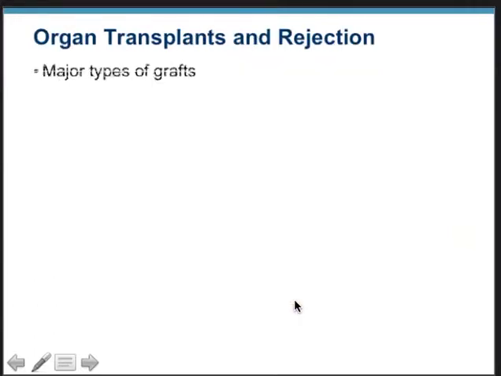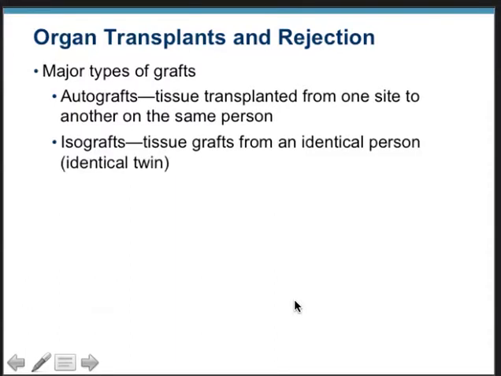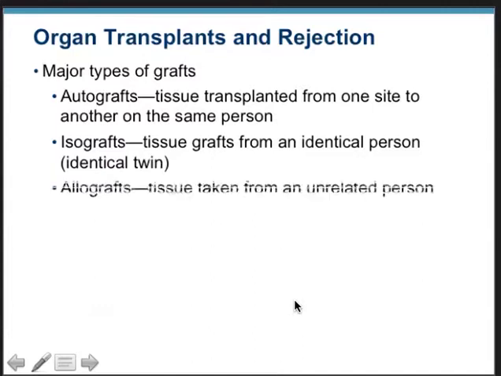Now let's talk a little bit about organ transplants and rejection. There are several major types of grafts that we can use to replace damaged tissue in an effort to try and heal an area subjected to trauma or infection or both. Autografts are tissue transplanted from one site to another in the same person, while isografts are tissue grafts between identical individuals, and this can only happen in identical twins, basically two individuals that came from the exact same fertilized egg. And the reason for this is that they are antigenically identical, in addition to sharing a lot of other physiological traits